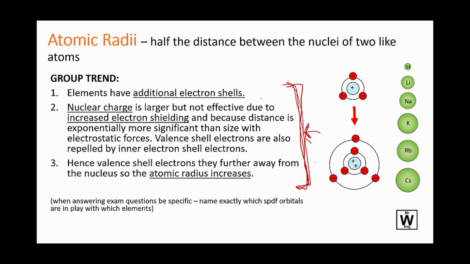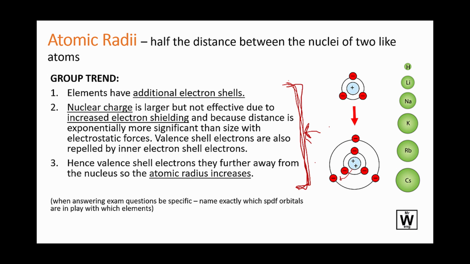Okay, so the most important one, for going down a group, is that you've got additional electron shells, which may be enough for some mark schemes, but don't risk it. I've gone into detail in these explanations here. And so the nuclear charge is also increasing, but because distance is more important than size, the effect of those protons pulling on the electrons to change the size of the atoms won't be as effective, as well as the electron shielding